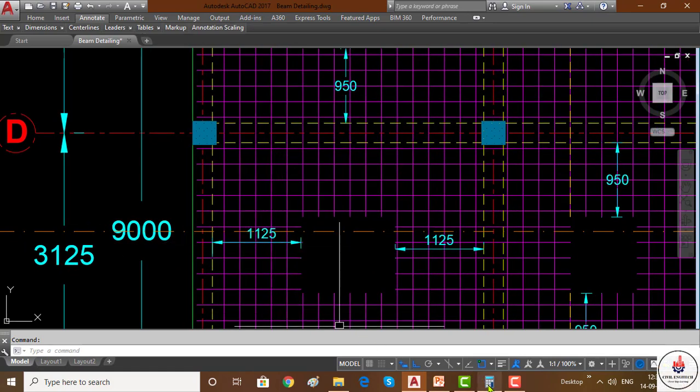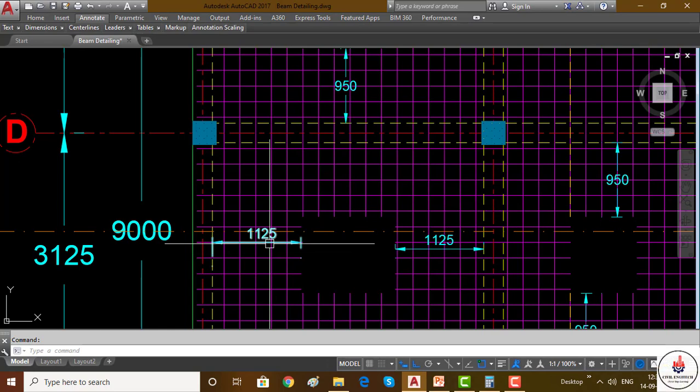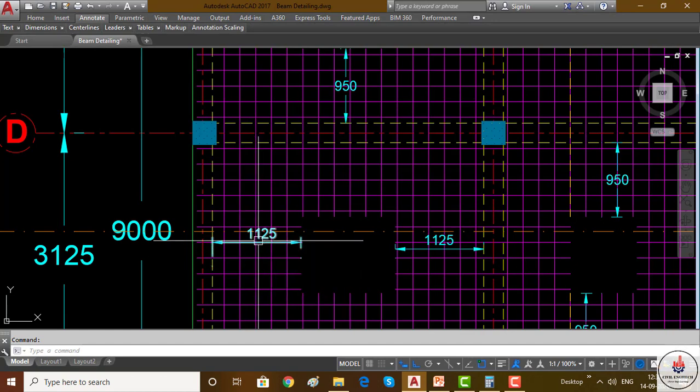We can calculate it here in this calculator: 3700 into 0.3, we are getting the value 1110. This is also not a multiple of 25, so we have to provide 1125 millimeter, which is greater than 1110 and also a multiple of 25. So it is provided as 1125 millimeter.